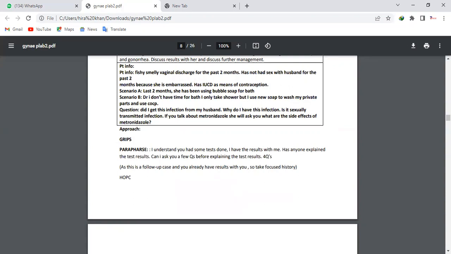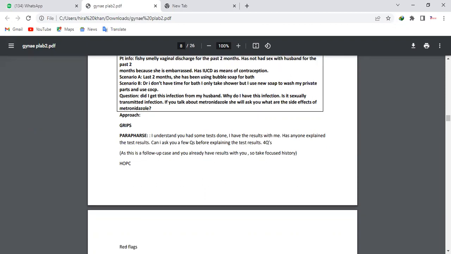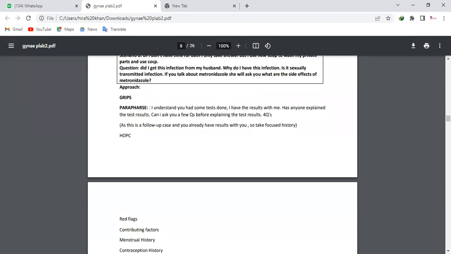Dr. Barbara, the mistakes that you have made: first of all, paraphrasing, which you did afterwards. Before explaining the result, you should always ask the questions, even if you know that I did some investigations. My diagnosis is bacterial vaginosis, but still you have to ask the questions before explaining results. Always ask the 4 questions, and then further questions like, tell me more about your discharge. What kind of discharge was that? What was the color of that? Do you have any itching? Is this the first time that you have this?